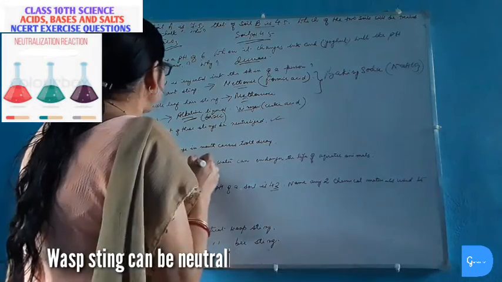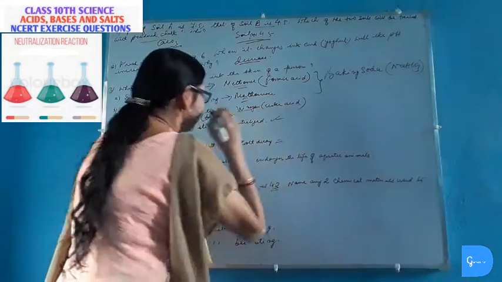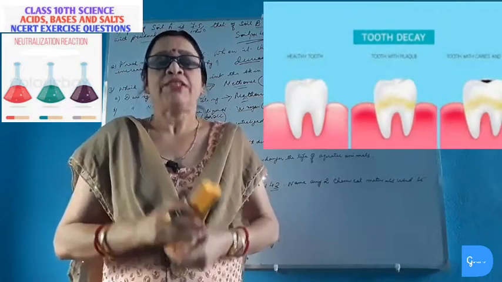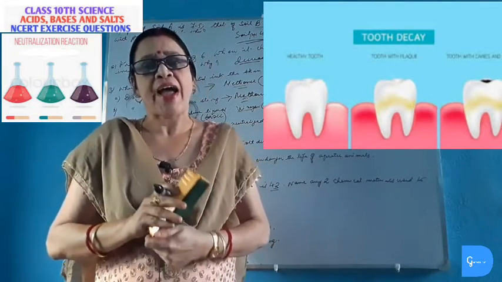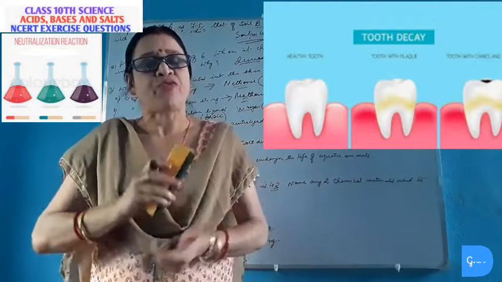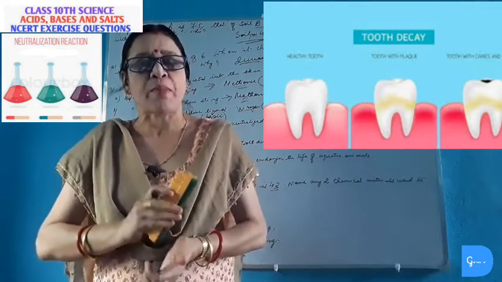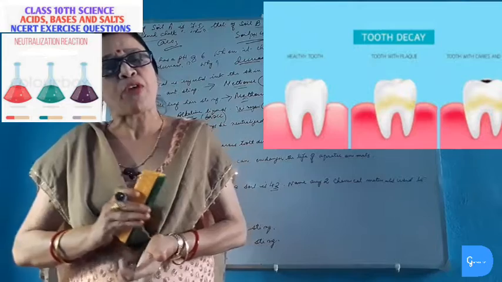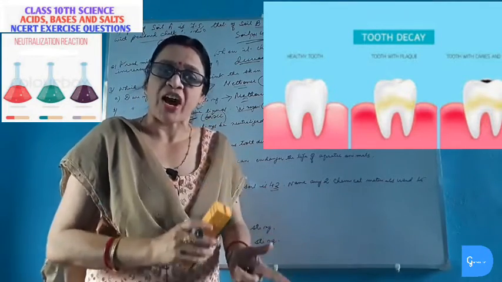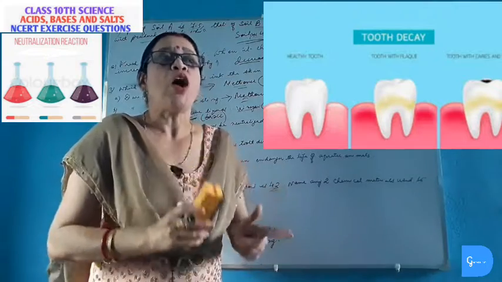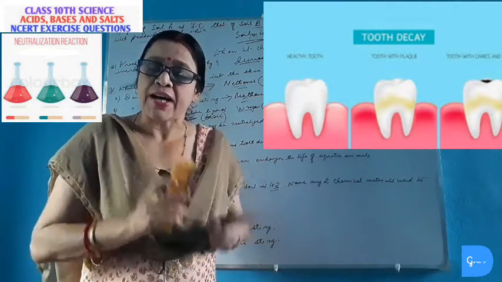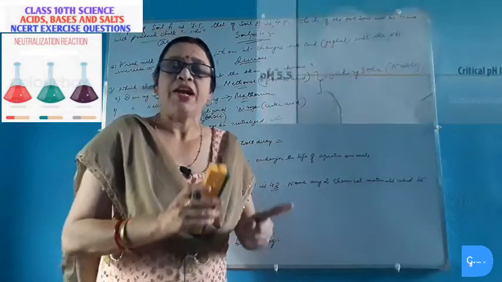Explain how pH in the mouth causes tooth decay. When we eat some food, mainly sugary food, the bacteria present in our mouth act on the sugary food and produce lactic acid in the mouth. As lactic acid is formed, the pH of the mouth goes as low as 5.5. The acid formed in the mouth whose pH is 5.5 is strong enough to attack the enamel of the teeth and thus corrodes the enamel and sets in tooth decay or plaque in our mouth.